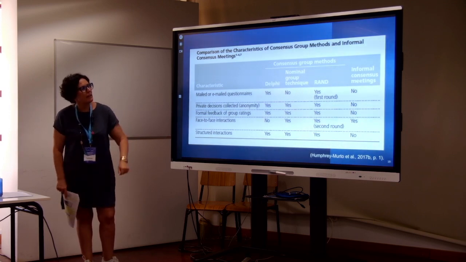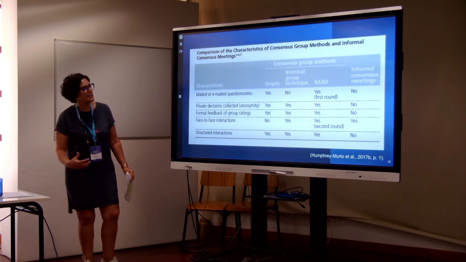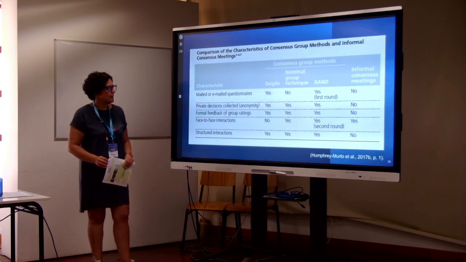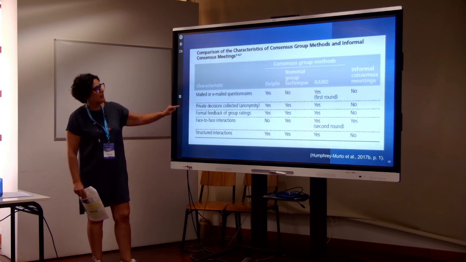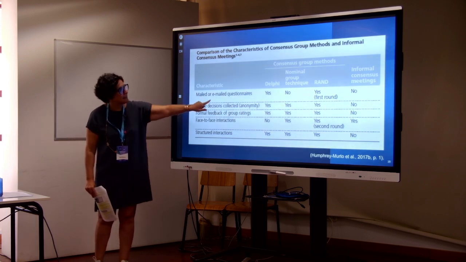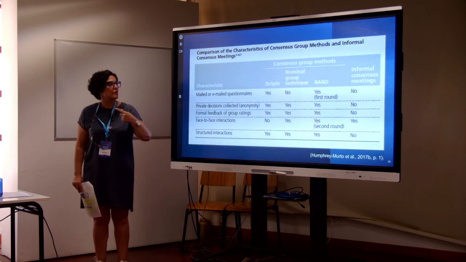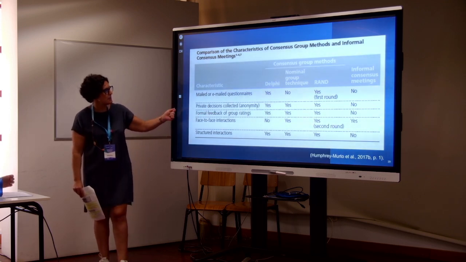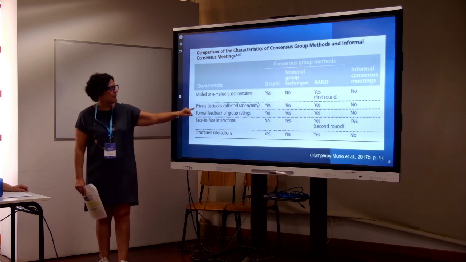And you have there a comparison, for example, if you try to organize an informal consensus meeting where you don't have the tightly structured process active. So you can see that there are differences between them. For example, in the Delphi, the participants first answer a questionnaire. But for example, the nominal, no, but the RAND, yes, in the first round, because that's the first ranking they made. We see that there is the possibility of private decisions